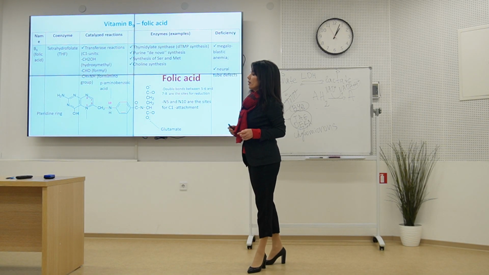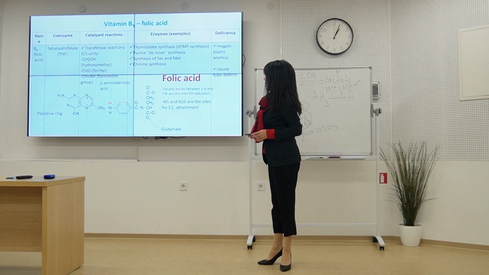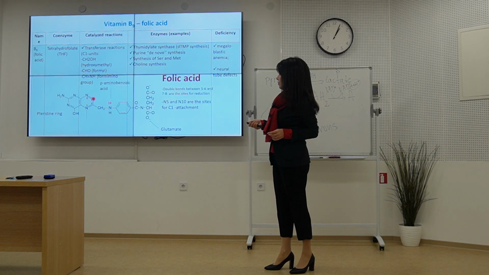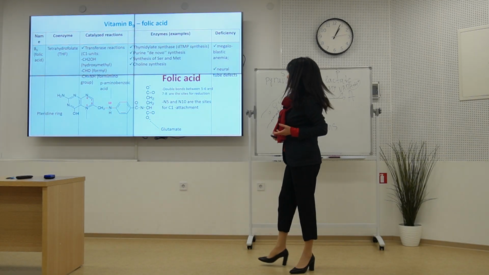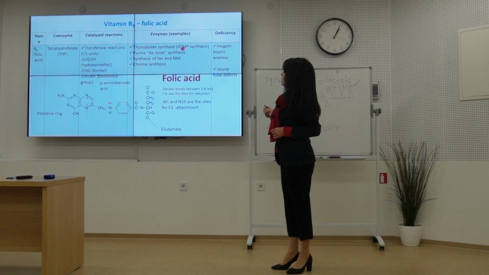And after that, absolutely different forms of folic acid can be formed. The double bonds between 5, 6, and 7, 8 are the sites for reduction. 5 and 10 are sites for attachment of C1 units. Where is it used? In deoxy-TMP synthesis or thymidylate synthesis, in the purine de novo synthesis, in the synthesis of serine and methionine, in choline